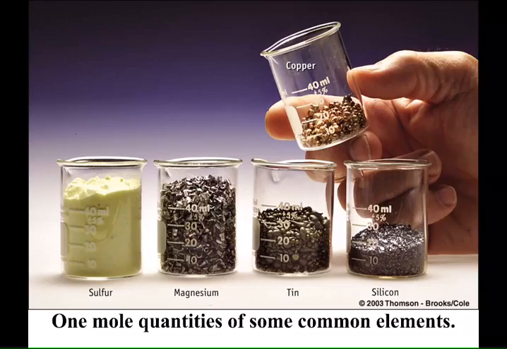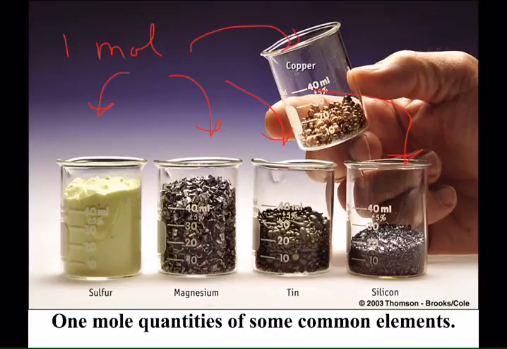I don't think you guys have it again, but we said that there's 1 mole of atoms: sulfur atoms here, magnesium atoms here, tin atoms here, silicon atoms here, and copper atoms here. So what I've done is grabbed a periodic table, and I'm going to tell you then, for sulfur, for instance,